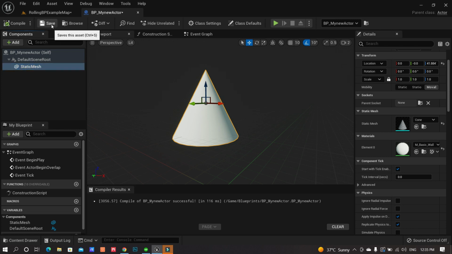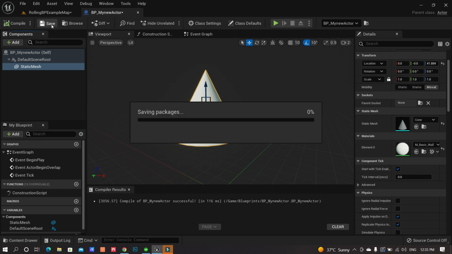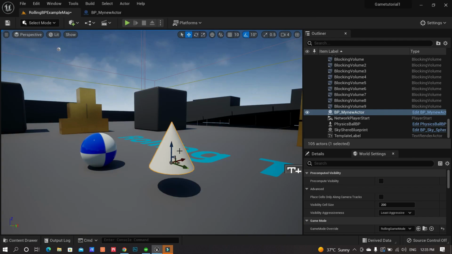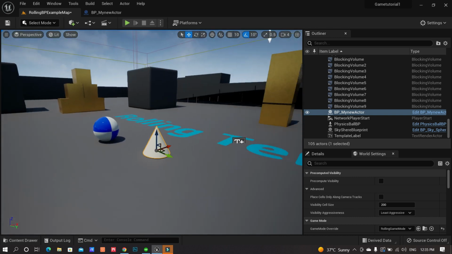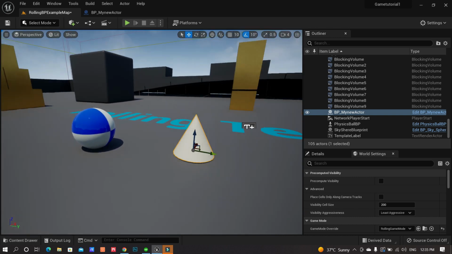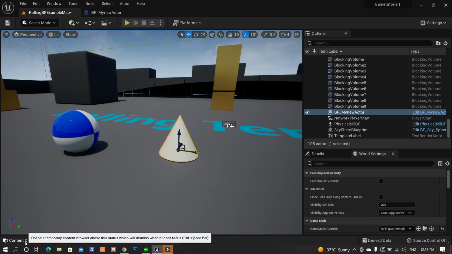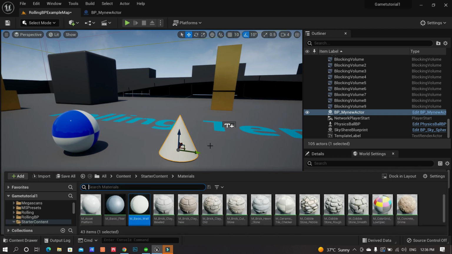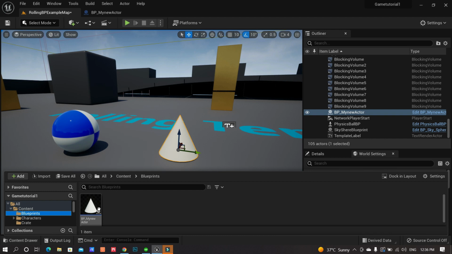In our case, since it's a very basic actor, which is a static actor itself, we can save it, and we can see now that we have an actor solely created by ourselves, which is of type blueprint, and we can place it in our world. Now you can do more than that. So let's go, where did we actually create our actor? Let's go to the blueprint folders. And now here you have a blueprint which is basically holding this mesh in it.